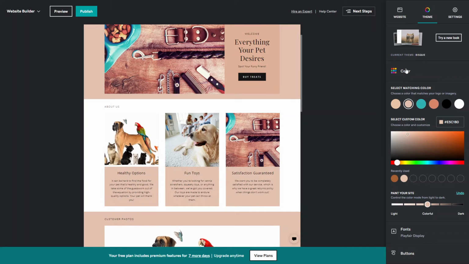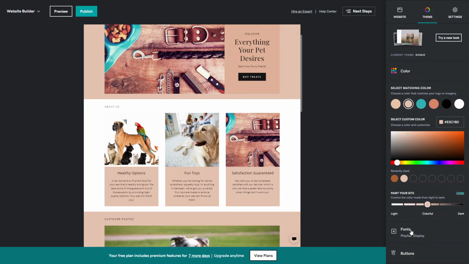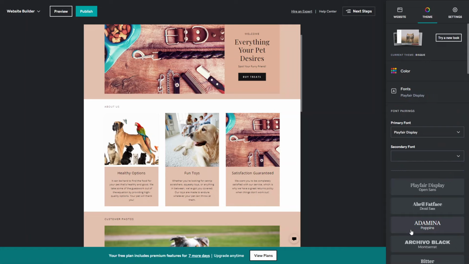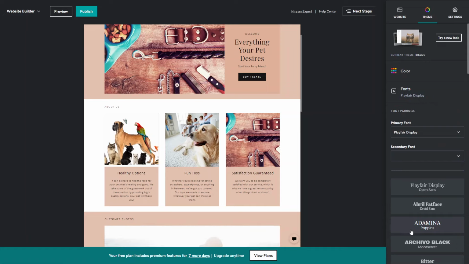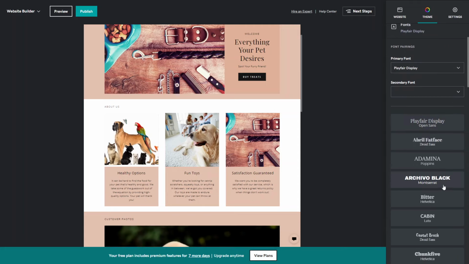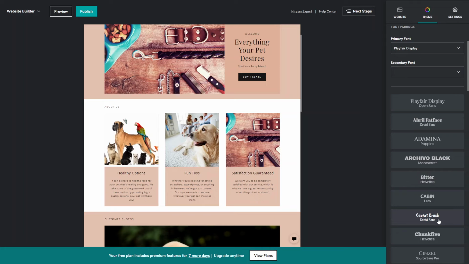So that's our colors picked. Now we can go on to fonts. And what's really interesting about the GoDaddy website builder is that they've researched the most effective font combinations for readability for your website visitors. So if you scroll down onto fonts, you can see some pre-designed font pairings,